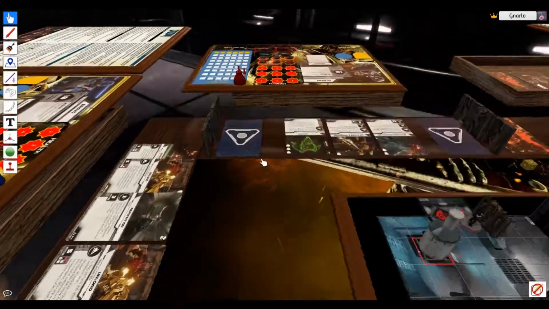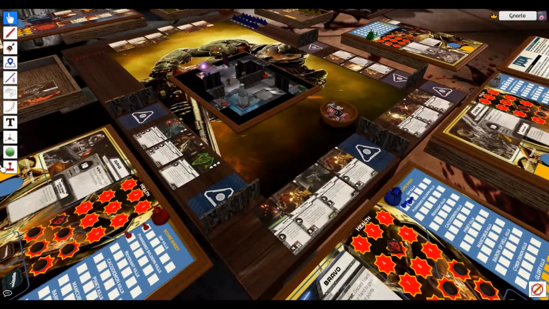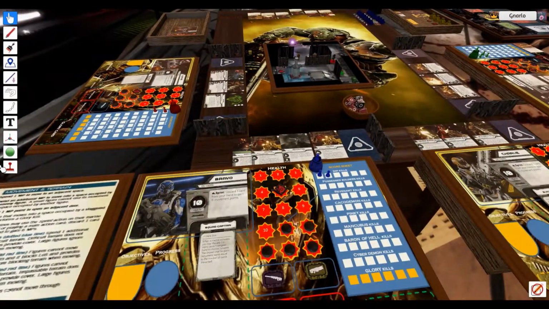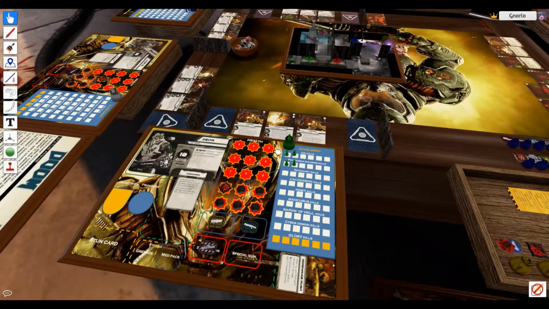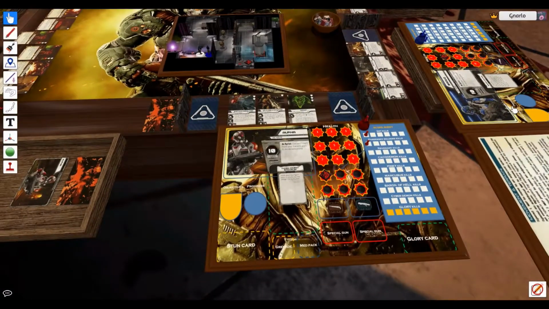Okay, so Alpha over here, where is he in the rankings? He's tied for second place. He's got an imp and a possessed. Bravo has got two imps. Charlie hasn't got anything yet. And Delta has been our overachiever. So Alpha has got